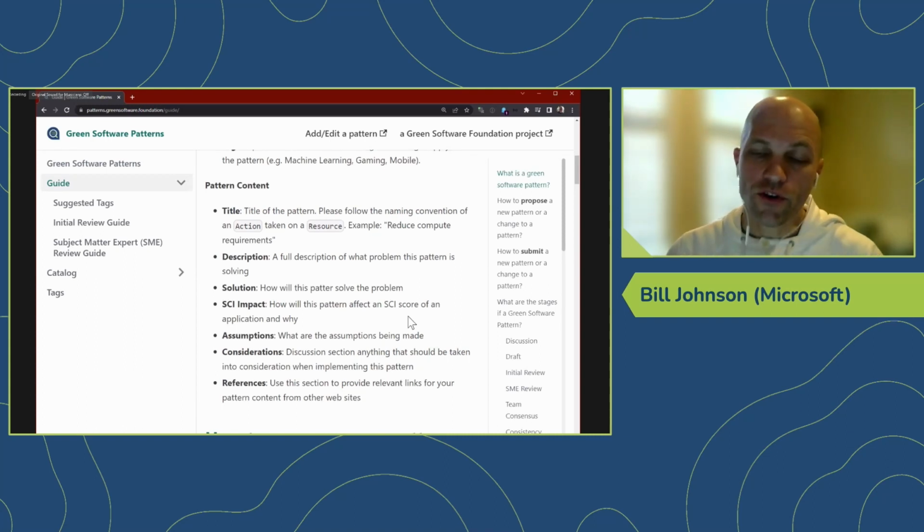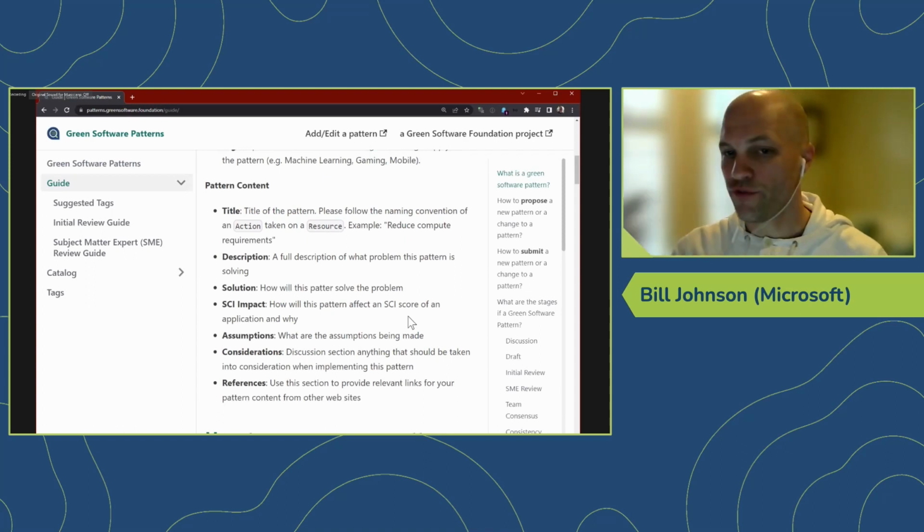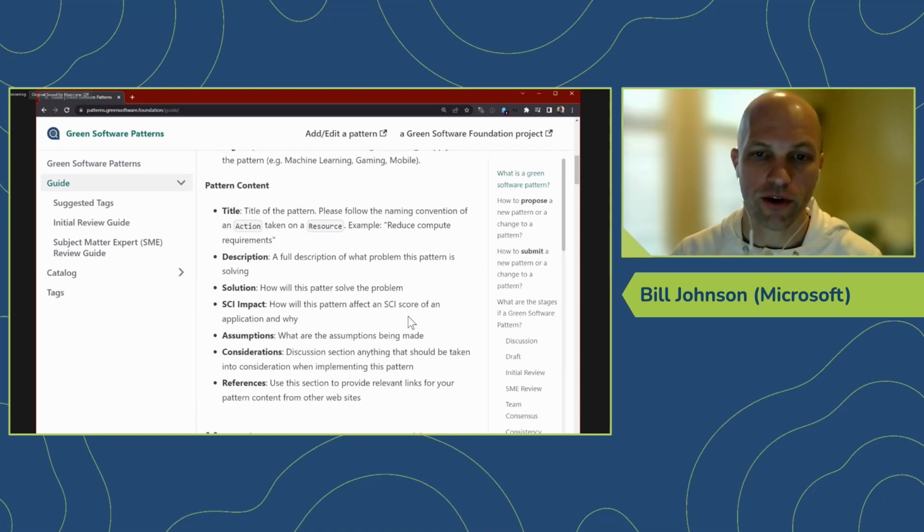Knowing that this information is spread all across the web already, this patterns project here is a way for us to combine it into one spot. So it's very easy for you to discover and provide your own information. And so this references section at the end there is to help us connect these different systems across the web. So if you find a pattern that you've seen defined in maybe another source or another system or internally within your own company or your own efforts, bring them in and properly reference it back,